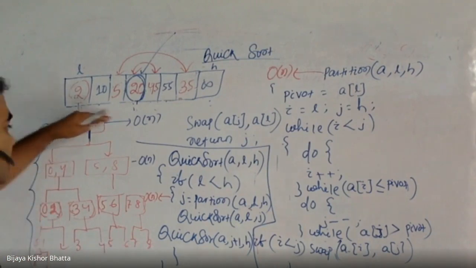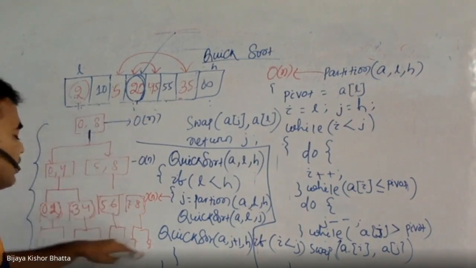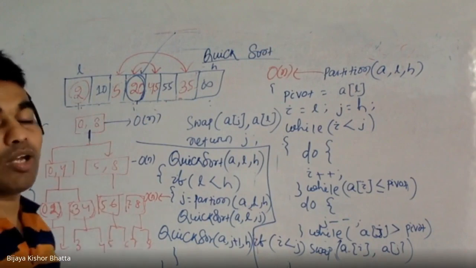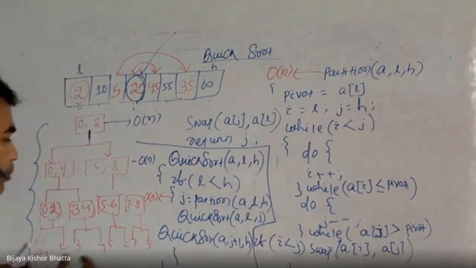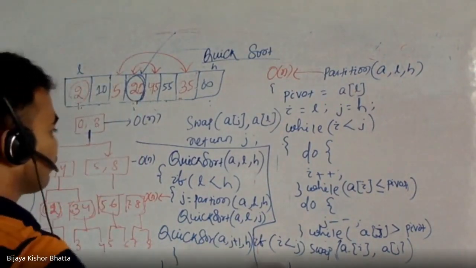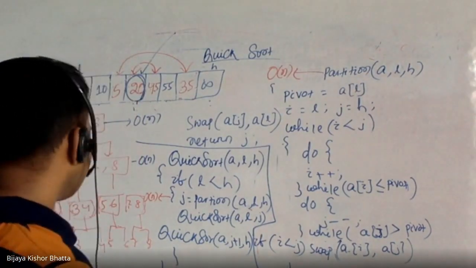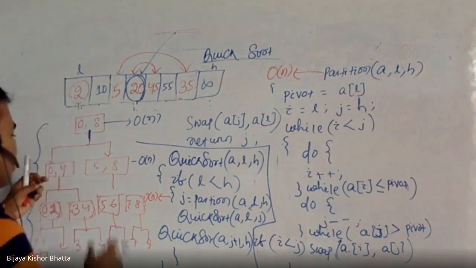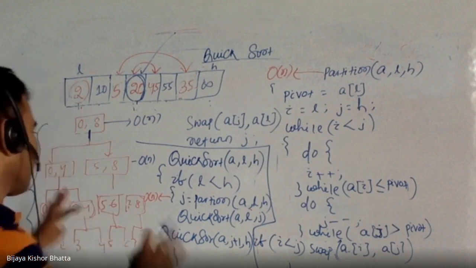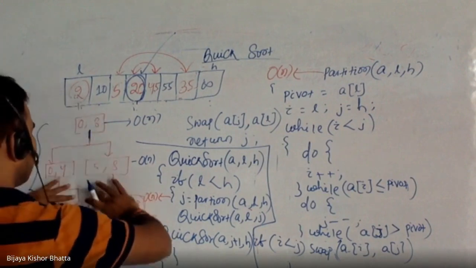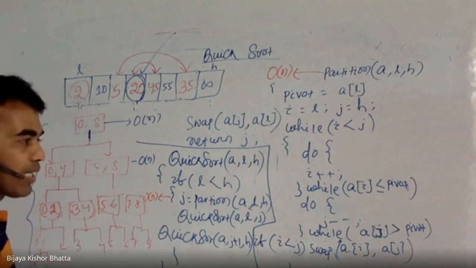If this is one step, this is one step, this is one step, then what is the number of steps it is going to execute? It is a best case analysis I am doing. I will go for the worst case analysis later, right? In case of best case, this is going to be divided equally, right? I'm assuming that an array is given and every time this gives an equal partitioning, right?